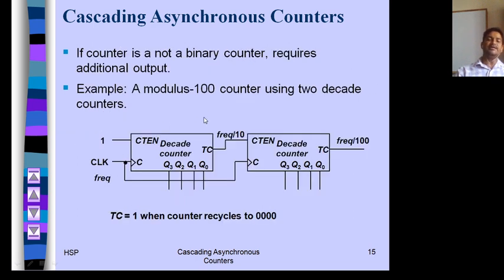This is another example. This is your mod 10 counter, decade counter. Again, this is your mod 10 or decade asynchronous counter. If we connect the output of this counter to the input of the next counter, overall we will get a mod 100 counter, or you can say mod 10 into 10, it is 100.